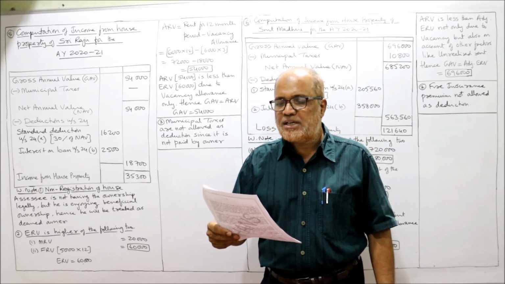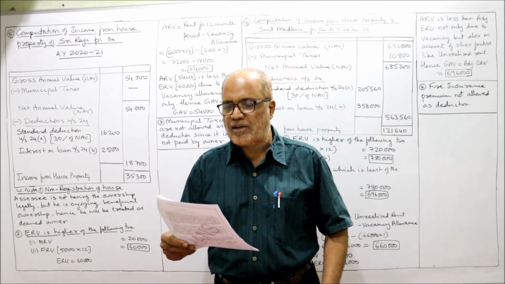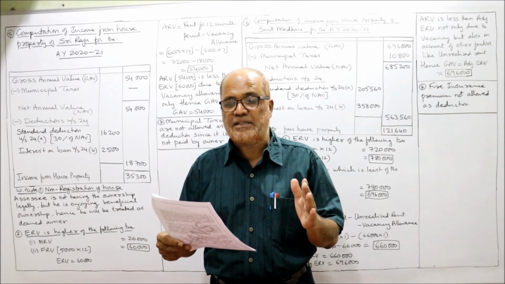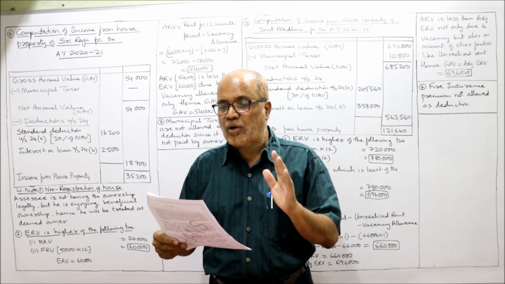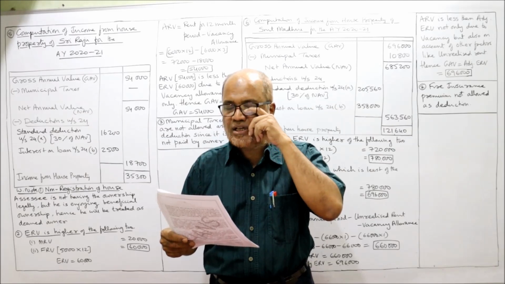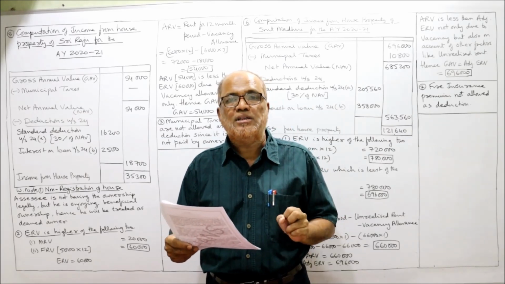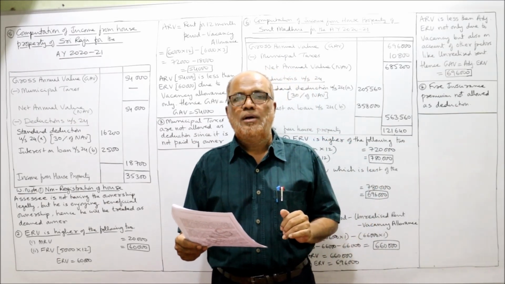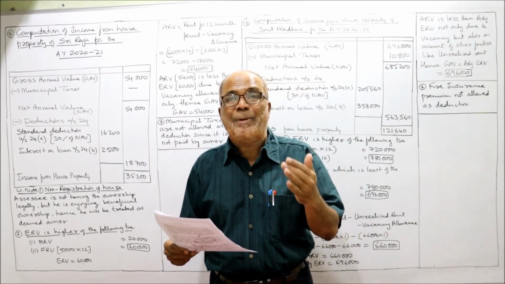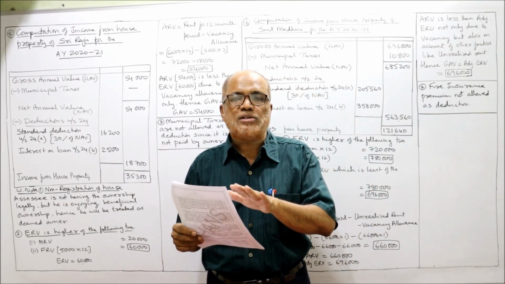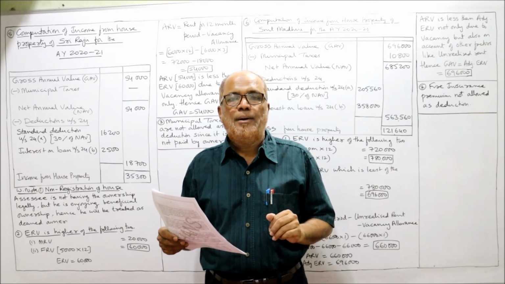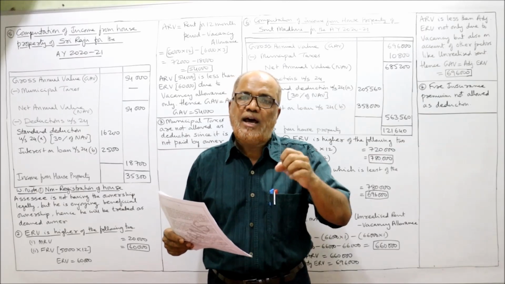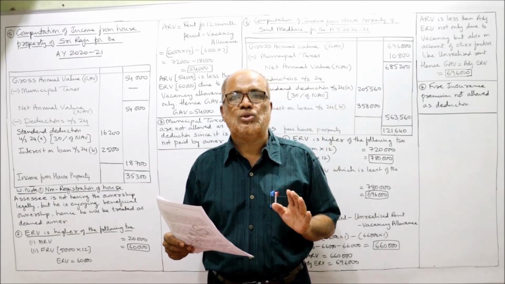Sri Raju purchased a house from Sri Akash. The registration of the house is not yet completed, but the house is let out on a monthly rent of 6,000 for residential purpose. The new point in this problem is Sri Raju has purchased the house, but the registration is still pending. The registration process is not yet completed. But Raju got the possession, and he has let out the house also.